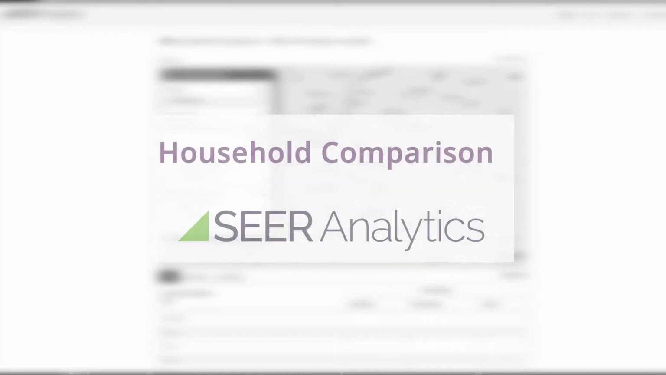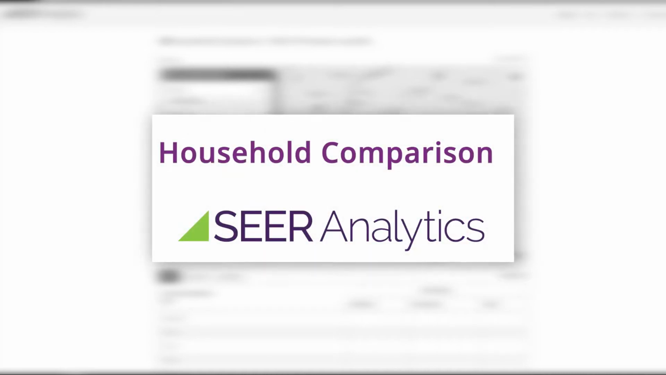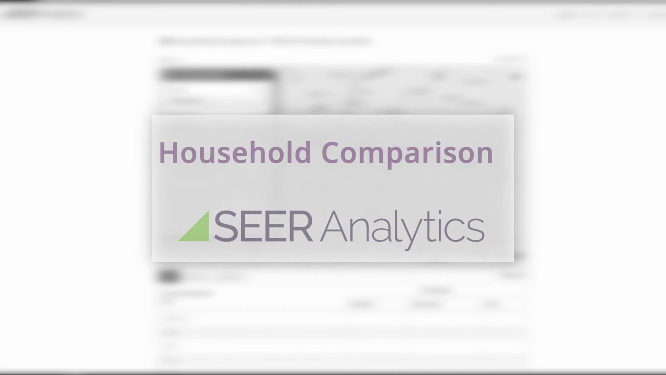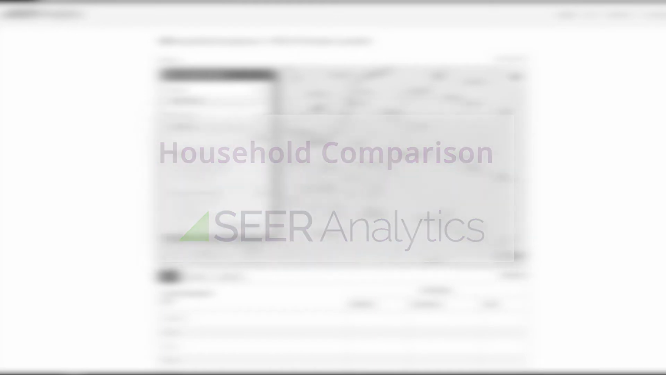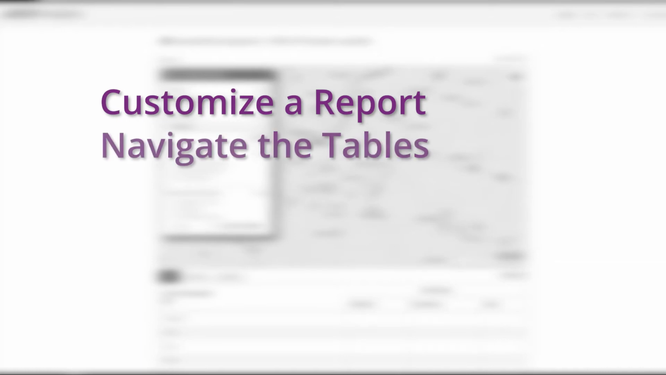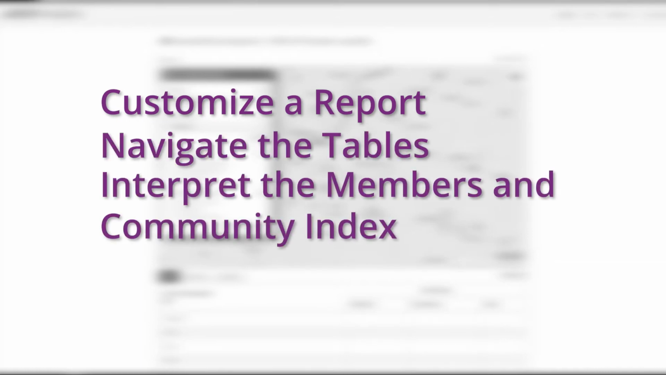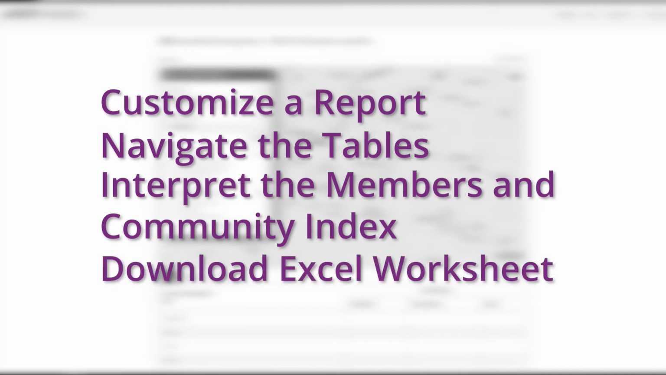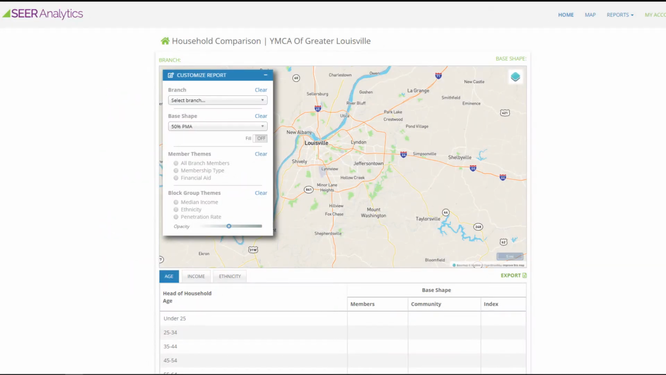This video is designed to provide a basic introduction to the controls and functions of the Household Comparison Report in your digital Pima. In it, you will learn how to customize a report, navigate the tables displaying household comparison data, interpret the Members and Community Index, and download an Excel worksheet containing all of the attributes in your digital Pima Reports pages. The Household Comparison Report allows you to compare information about member and community households in a given geographic